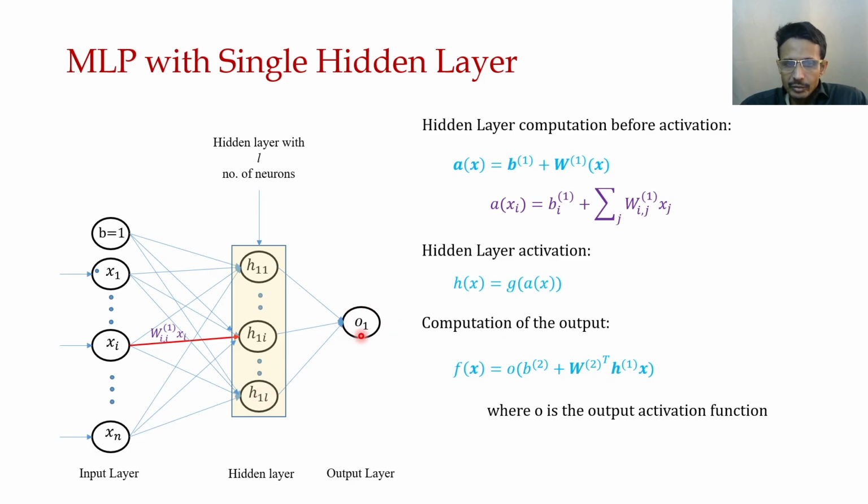That means the weight of this output layer, and it is fed to a sum, and then the non-linearity is put on this summation. So this is the output activation function, the output non-linearity we are imposing, and then we get back the output coming from this. So that is f(x). This is the formulation of an MLP with a single hidden layer.